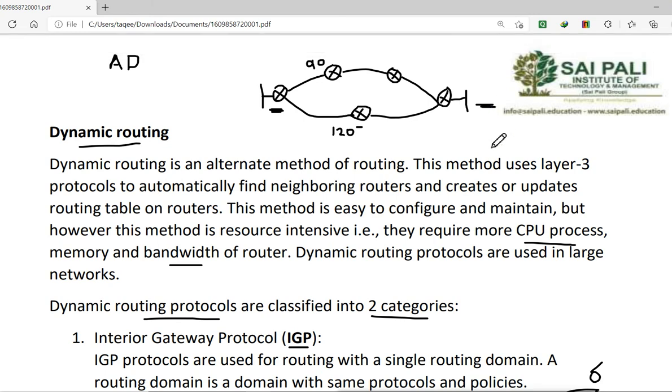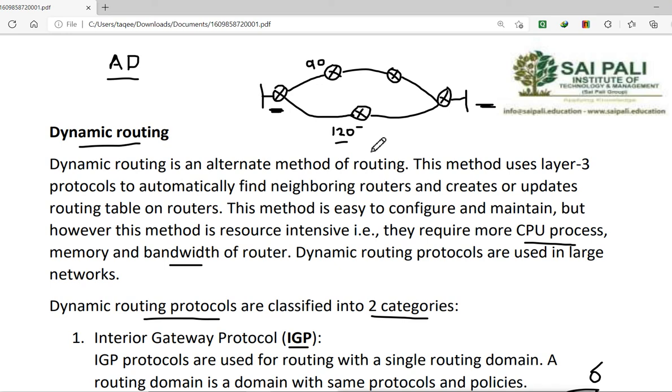It will first check the AD value, and decide based on the AD value which path to take. Now the AD value says administrative distance, but it is not related to distance. It is actually related to reliability. That means the lower the number, the more reliable it is. If the number is higher, then it is not reliable.